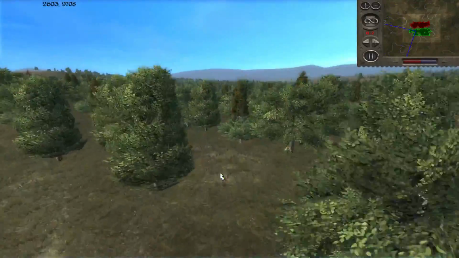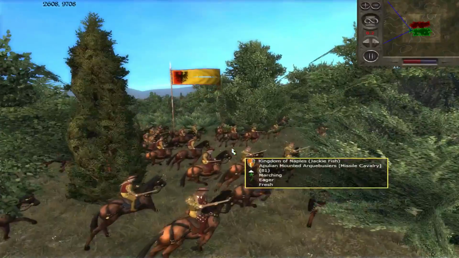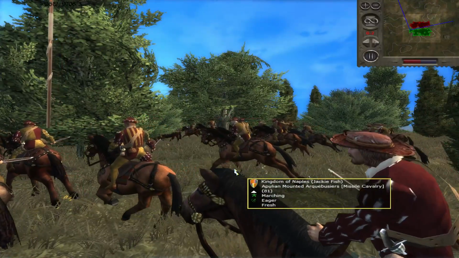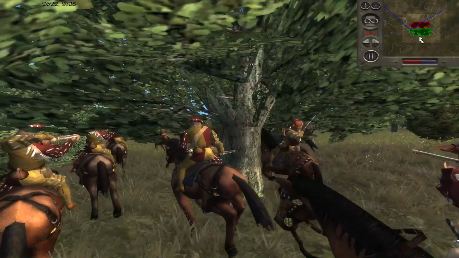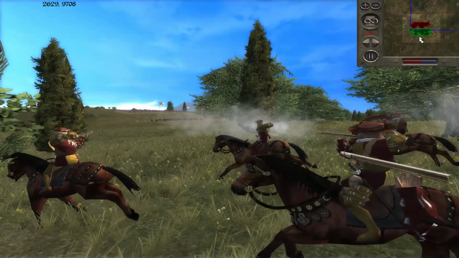Then for my cavalry force back here, I have hidden in the woods a unit of these mounted handgunners, and these guys are brutal. They can hit and run and just cause so much damage to the enemy force. It's actually crazy. You can already see them volleying into the enemy line, just picking away out of the woods, shooting shot after shot